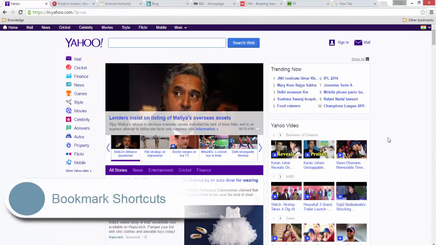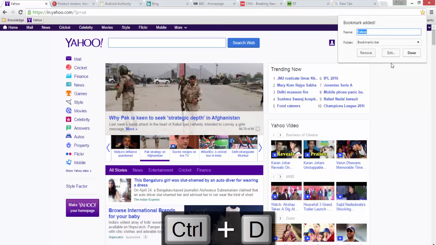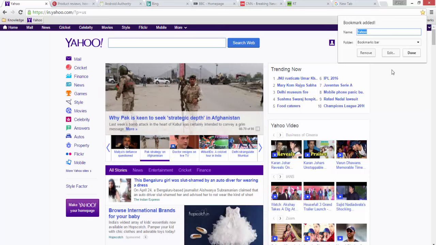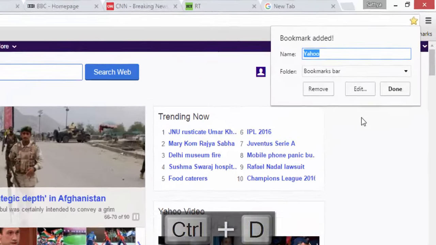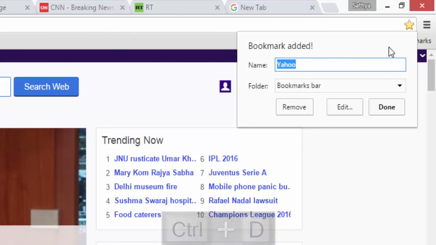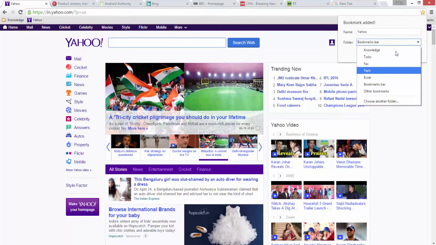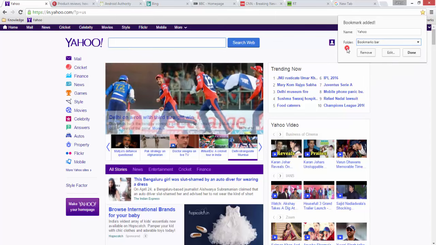The next one is bookmarks. Control D is the shortcut to bookmark a certain page. Once you hit Control D, this box pops up and asks you to add the bookmark in your browser. You can select the respective folder you want to save it in and click done.